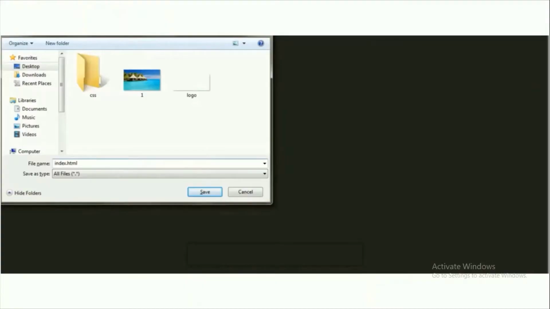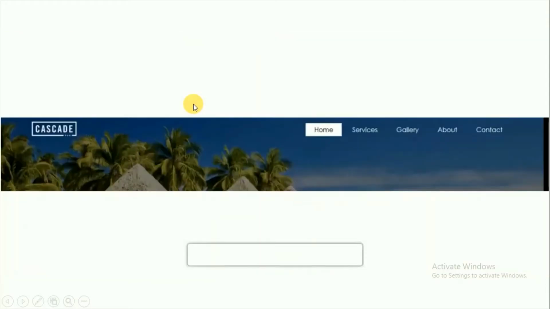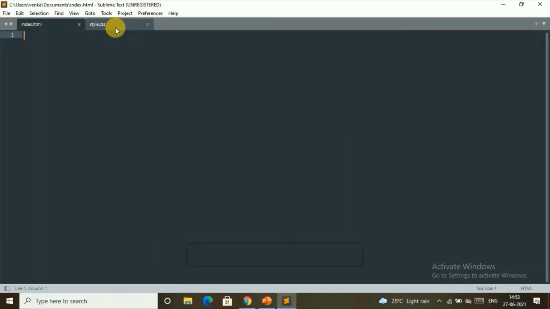So open the Sublime Text Editor and save that file in the folder which we have just created, in the form of index.html. Then create one more tab on this Sublime Text Editor, name it style.css, and again save it in the same folder where we saved index.html.